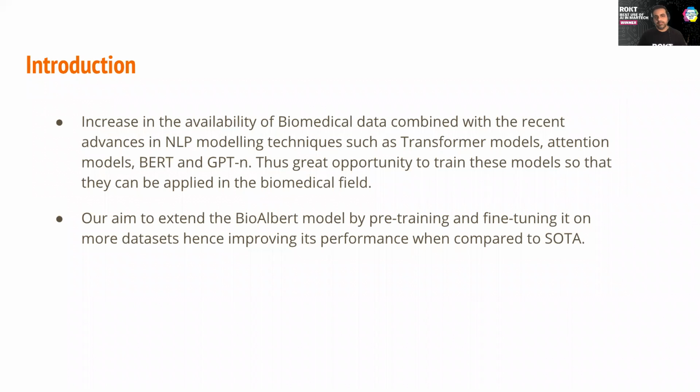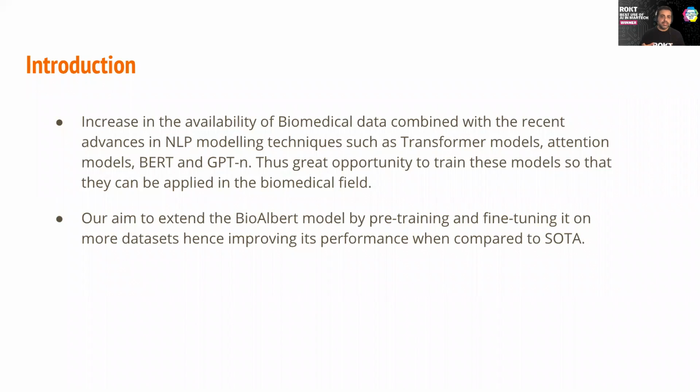As we're all aware, we are currently experiencing a boom in biomedical research, which means quite a lot of literature is being produced. This demands that more innovative approaches to biomedical text mining tasks should be investigated. At the same time, we are experiencing great advances in NLP using deep learning methodologies. Our project is focused in the biomedical and clinical text mining field, where we are using attention-based models to extract valuable information from biomedical corpus.